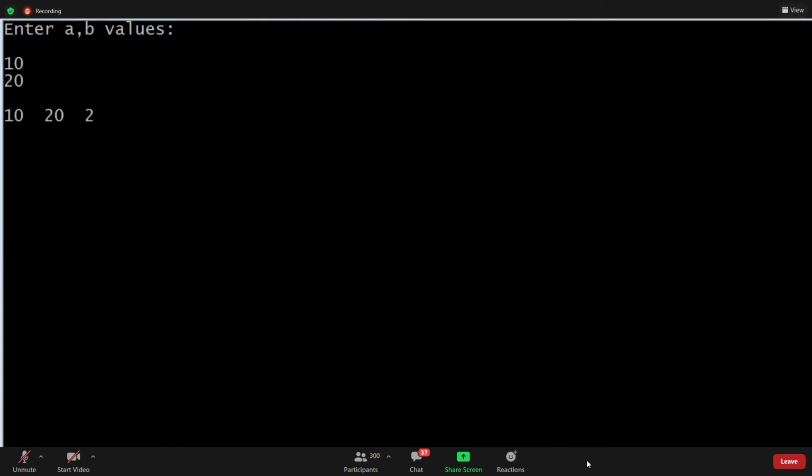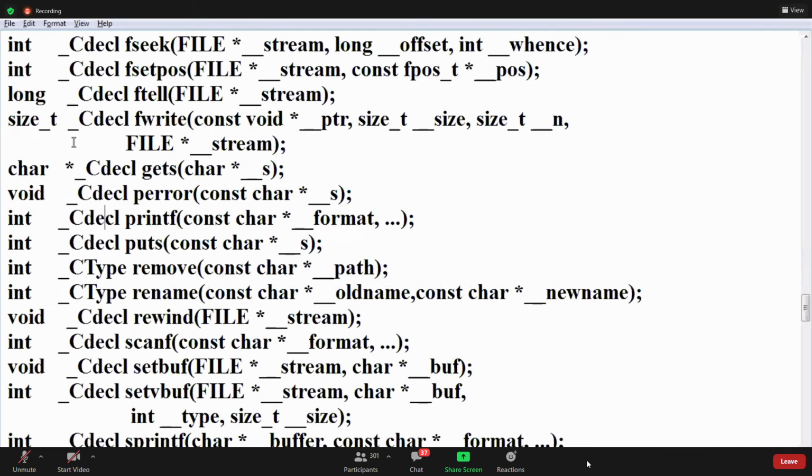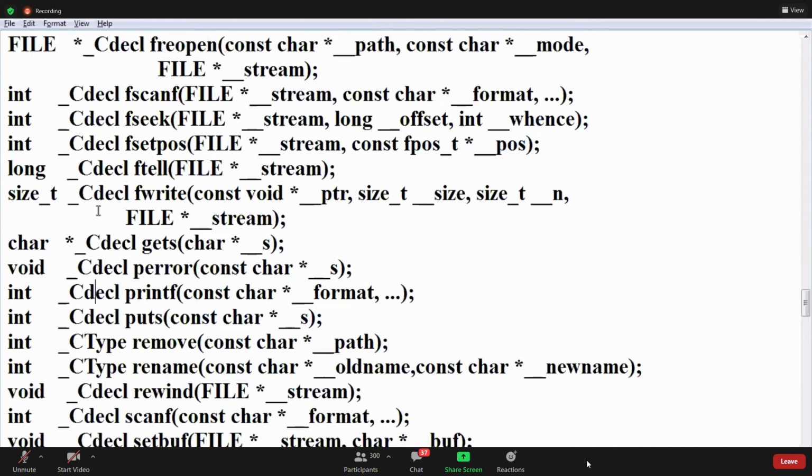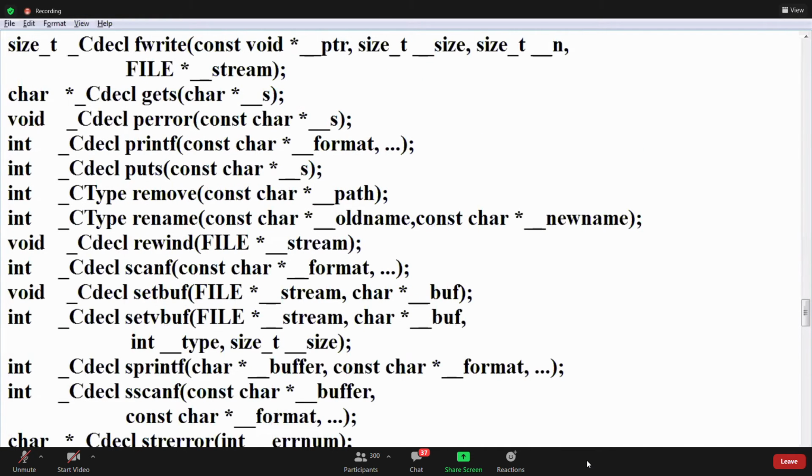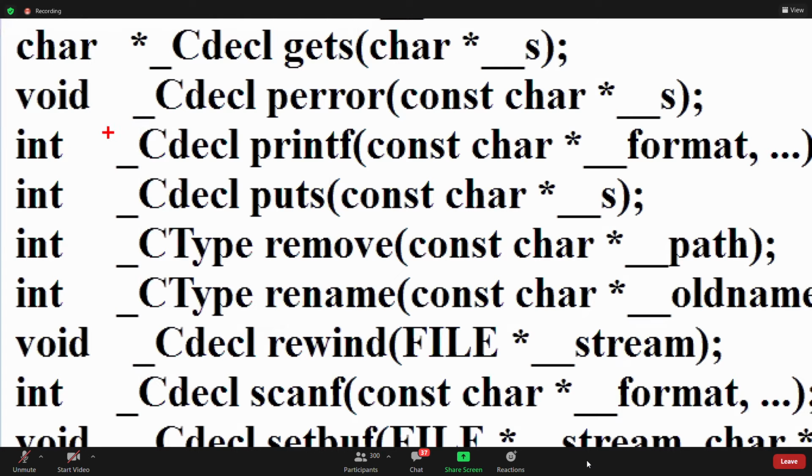Okay. Yeah. Scanf also works right to left. I should know this one. CDECL, printf function, how printf works. This is printf. Printf has this convention, no? C underscore CDECL, that is a convention.